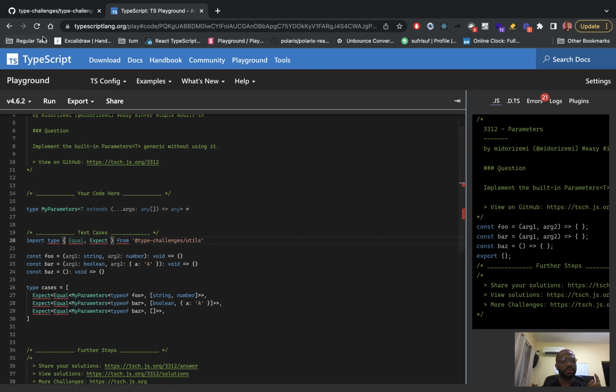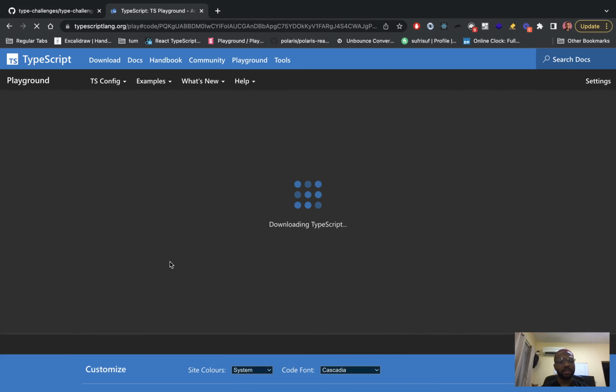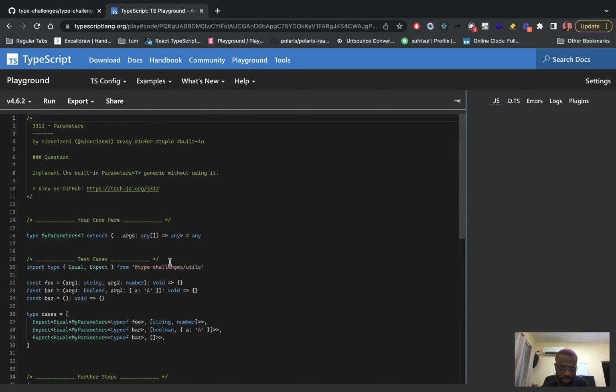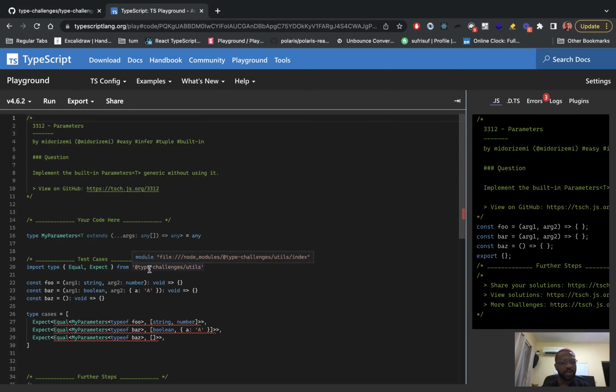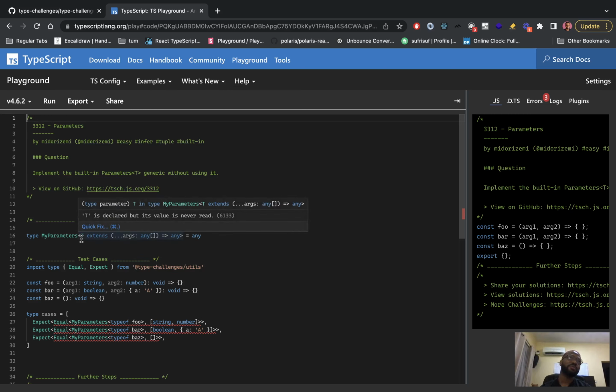Okay, we need to reload this because I don't think the environment loaded properly. Those imports shouldn't have squiggly lines. Cool, we're good now. All right, here we're saying this parameter type extends a function type. That function type returns anything. We don't care. It takes